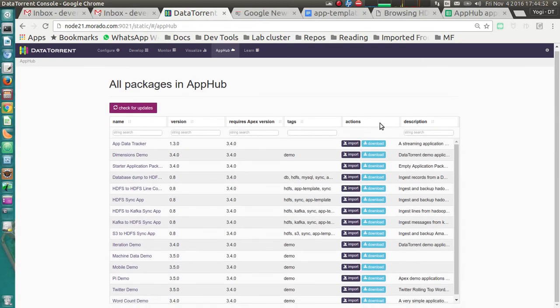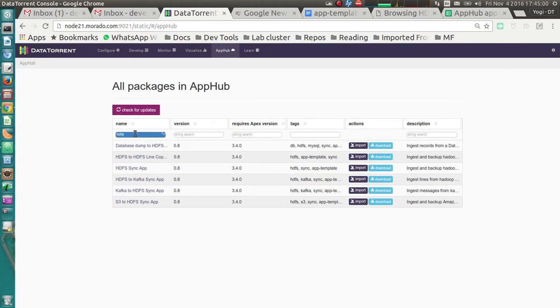Here we can see a listing of all the applications available on App Hub. Let us search for HDFS. It shows all the applications related to HDFS.